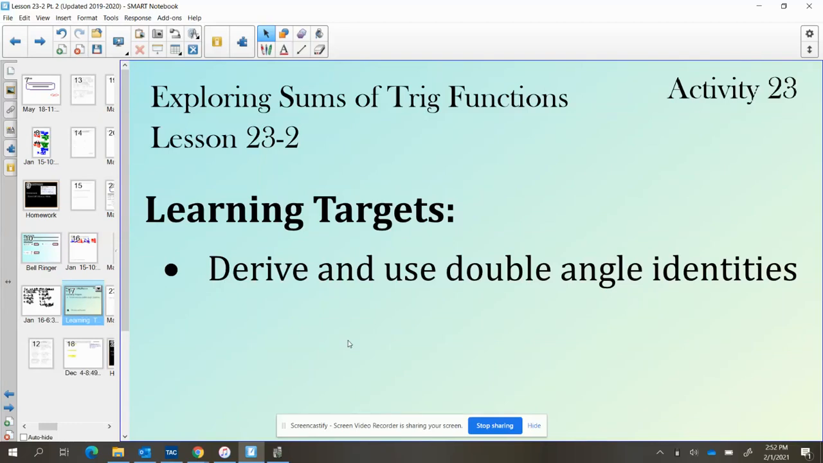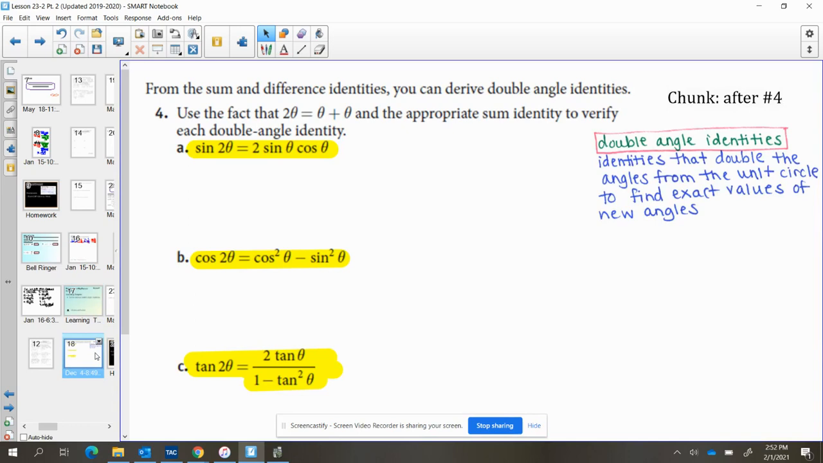Everyone, and welcome back to lesson 23-2. Today we are going to move into talking about the double angle identities. So on page 309 in your Springboard book, we're starting with number 4 today, and we're looking at the double